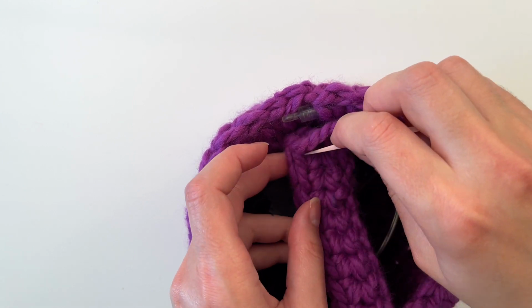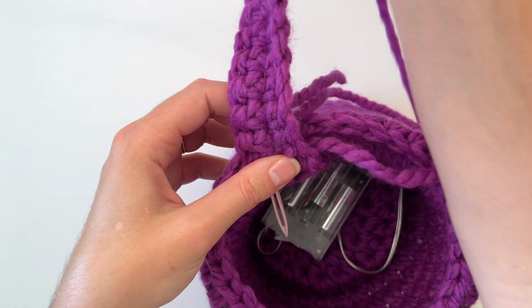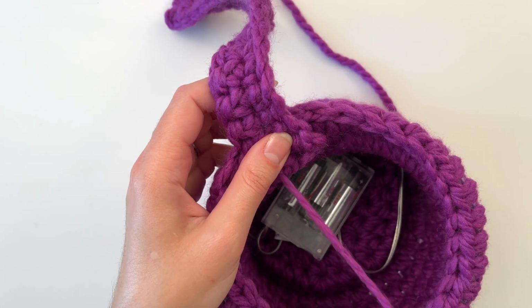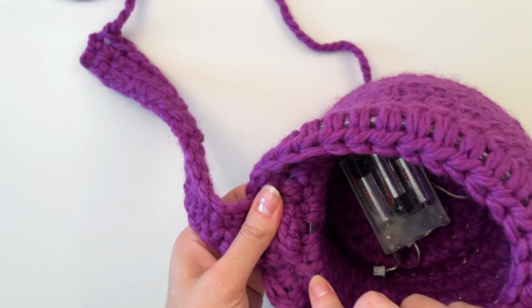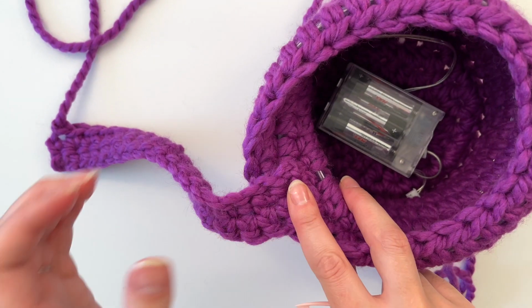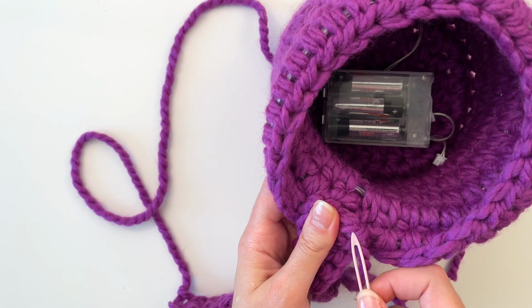I apologize if you can't see it. I will try to brighten it up in post. But in theory, all you need to know, maybe if I go like this, is that we are, yeah, there we go. I think that is visible. Okay. So now we're just going to